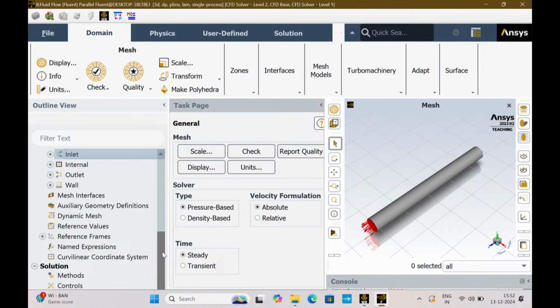Now, the next step is different from the one which I showed yesterday and day before yesterday. So, up till this